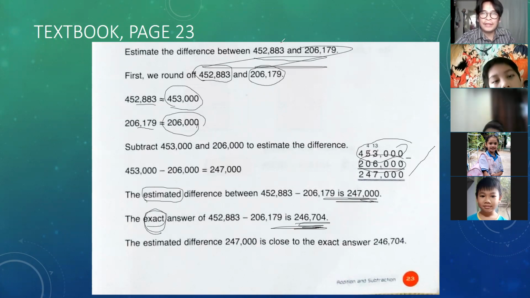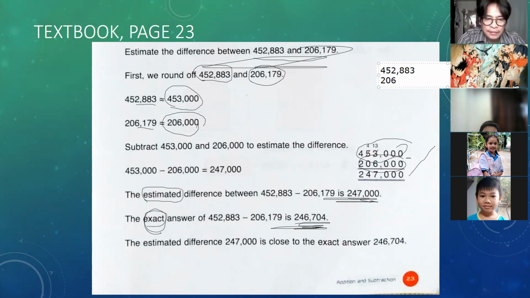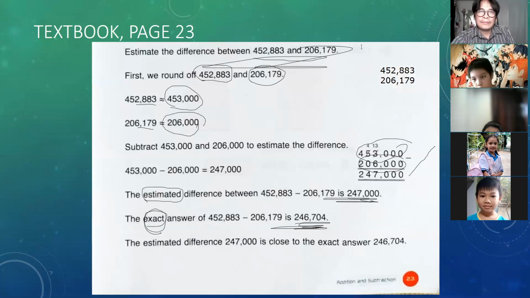number 452,883 minus 206,179. If you subtract this, you will get